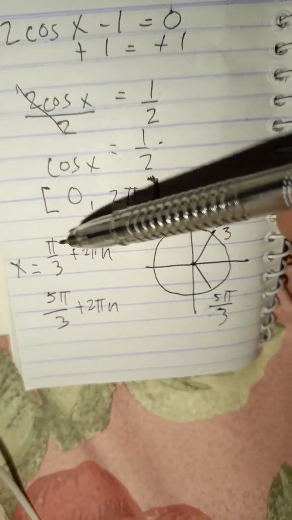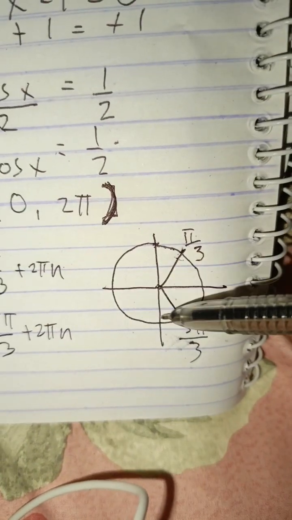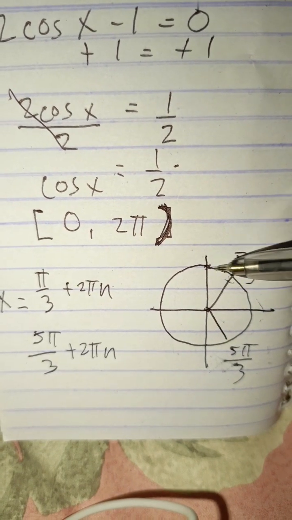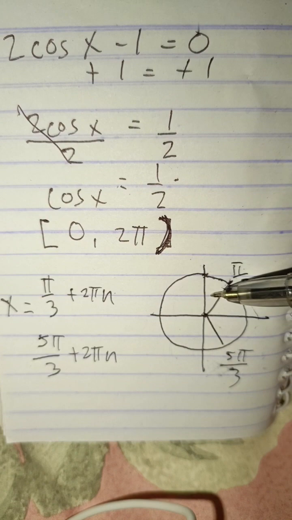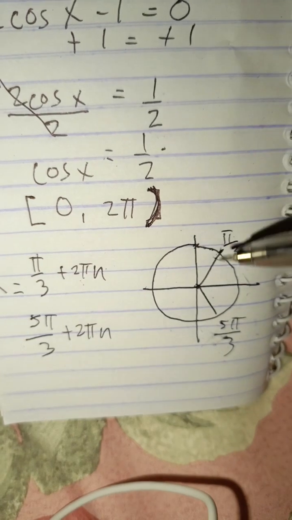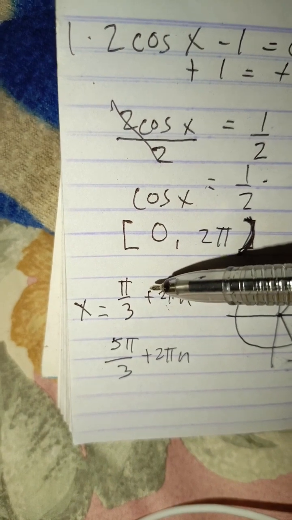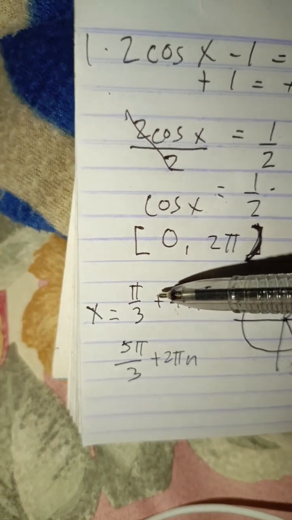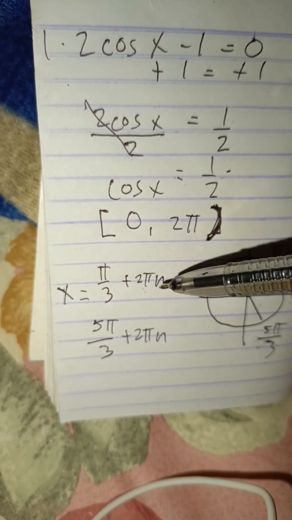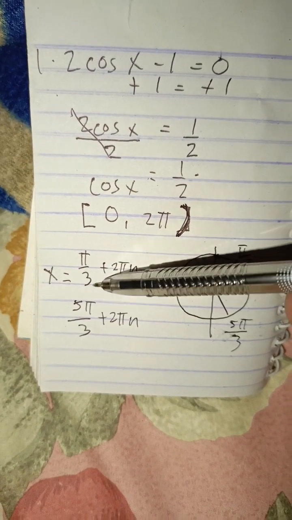But if we're going to solve for the general solutions, we go for a full circle to get another 1/2 of our cosine, which will make a full revolution. We're going to add the 2 pi over here. So we're going to add 2 pi on our interval of 0 to 2 pi. Now we're going to add 2 pi n, which means we're going to add pi over 3 plus multiples